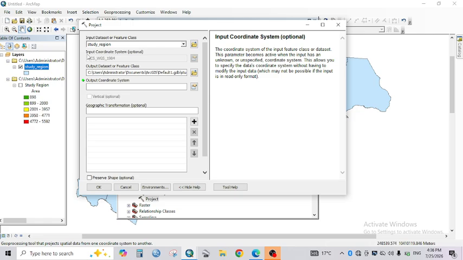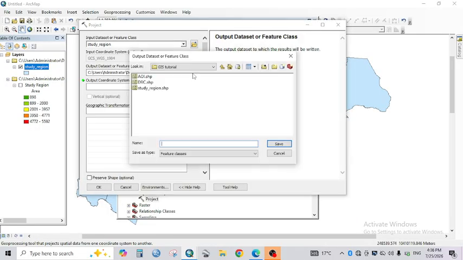Currently you can see that the input's coordinate system is Geographic Coordinate System, and you can specify where you want the output file to be saved. So I'm going to give it a name. Maybe I call it region of interest, study region 2. So I'm going to click save,